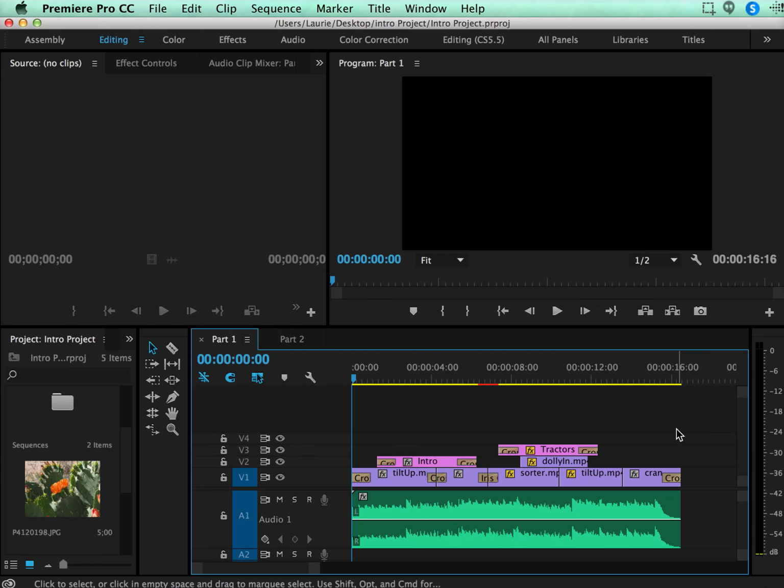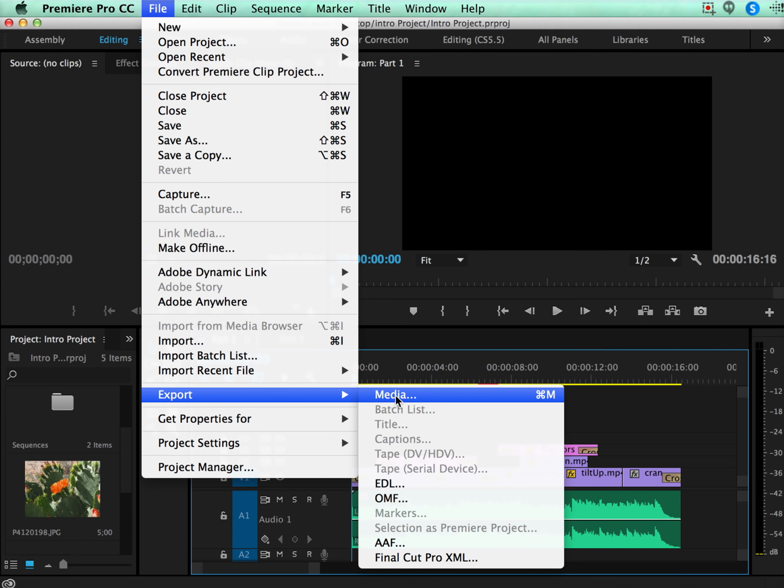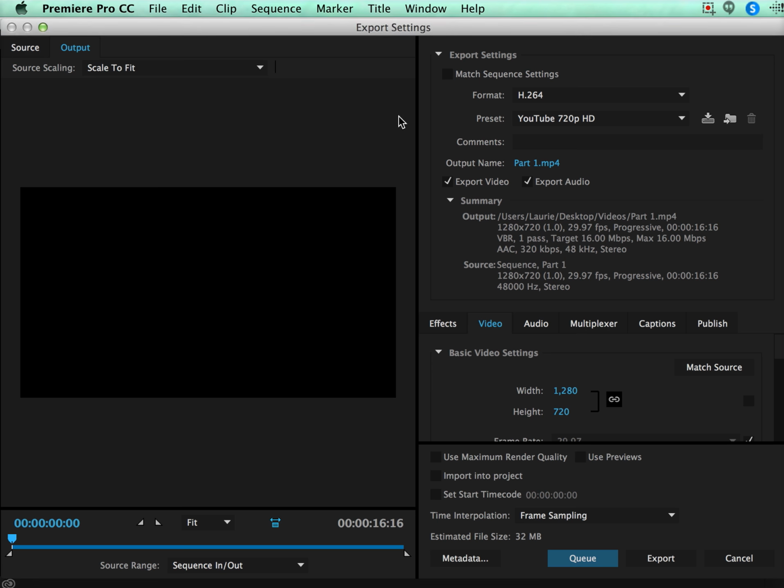Now, not only can you export one video at a time, you can actually export multiple versions of the same sequence timeline, and you can also at the same time export other sequences. And so you will do it the same way you do a single one. You would go to File, Export Media, and you would get the same screen,